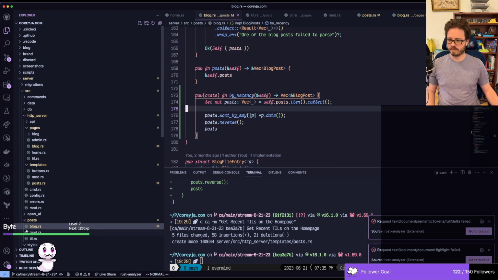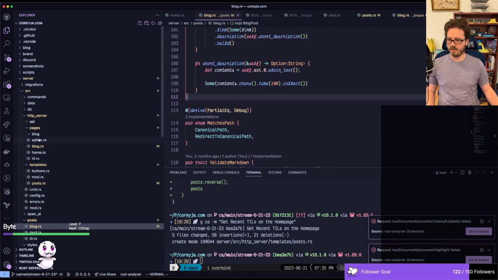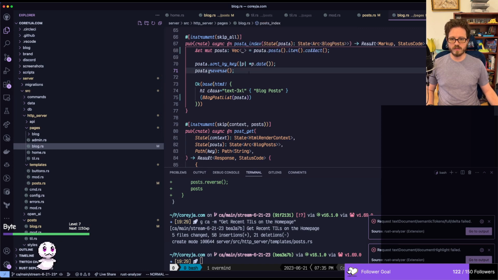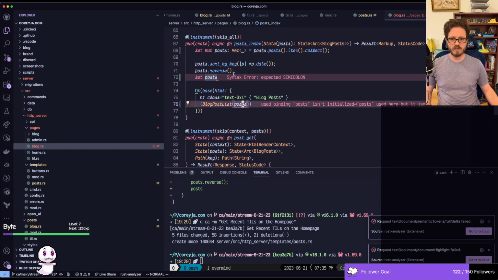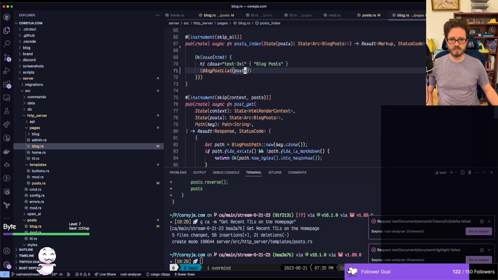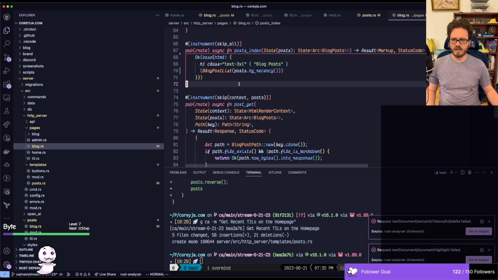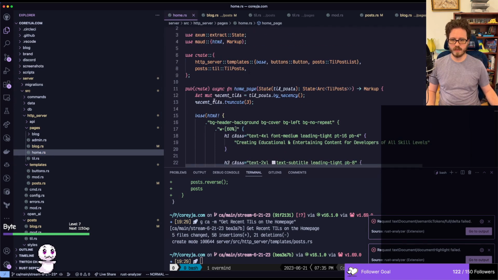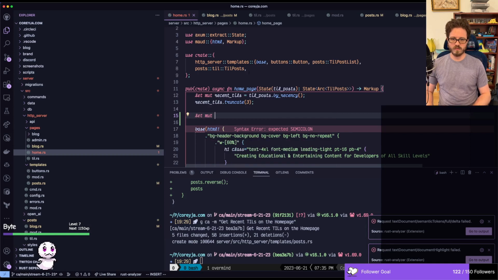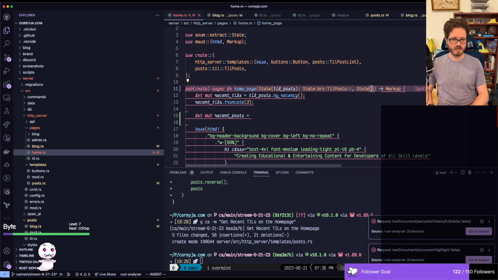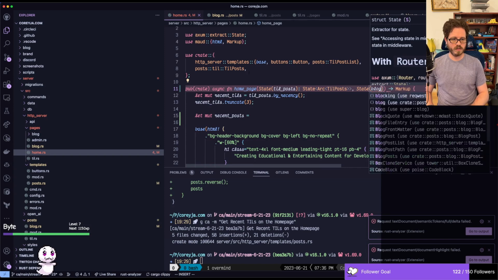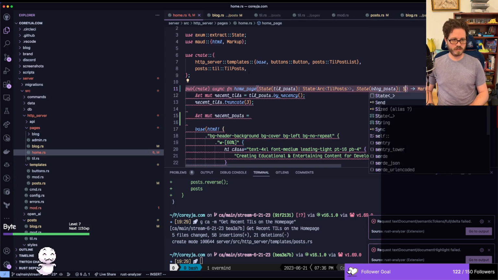Yeah, okay, awesome. And then when we go to the template for it, this can just be let posts, and actually, like, we can just do it here. Posts dot by recency. Yeah, that's so much better. Okay. And then let view recent posts equals. Oh, cool. So I need another one of these. I need a state of blog. Oh, blog posts. There's a state